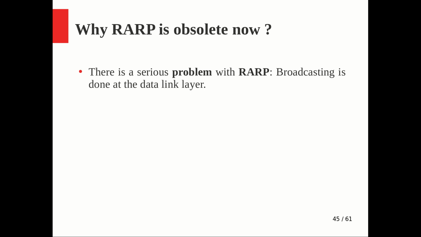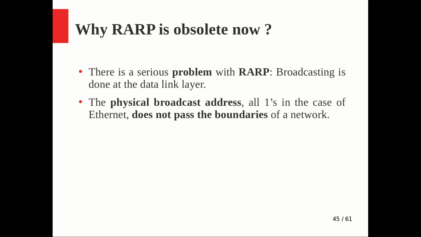The broadcasting is happening in the data link layer, right? So with an Ethernet frame, reverse ARP will make the reverse ARP request packet, and that is an Ethernet or data link layer broadcast. Typically we can call it a physical broadcast, because we have broadcasting in the network layer also, and that is something different. So here it is a physical broadcast in the data link layer, where you can see all 48 bits in the destination would be ones, indicating that it's a broadcast. Particularly in the case of Ethernet, it will be all ones.